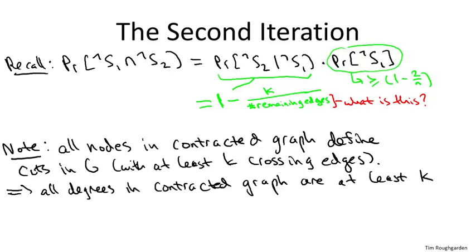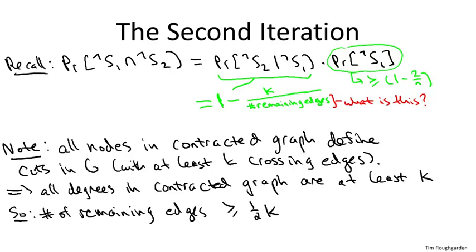So just like in the first iteration, now that we have a lower bound on the degree of every single vertex, we can derive a lower bound on the number of edges that remain in the graph. The number of remaining edges is at least 1/2, that's because when you sum over the degrees of the vertices, you double count the edges, times the degree of each vertex, and we just argued that that's at least k in this contracted graph, times the number of vertices, and we know there's exactly n minus 1 vertices left in the